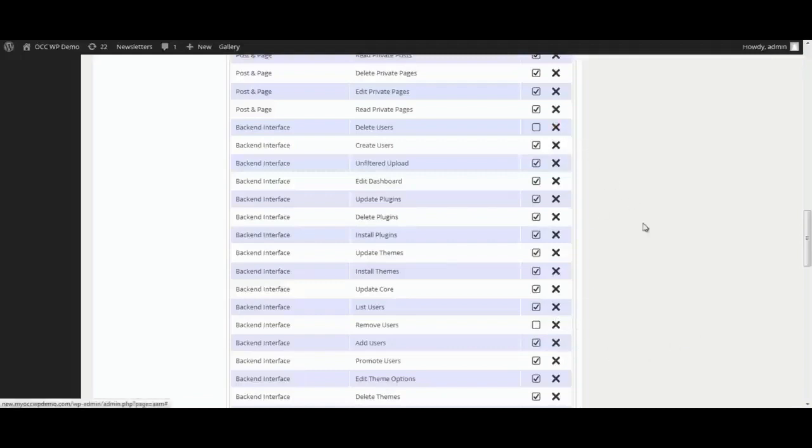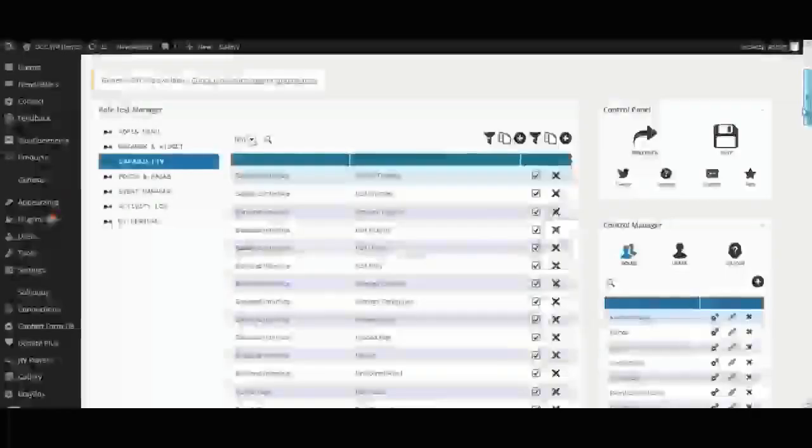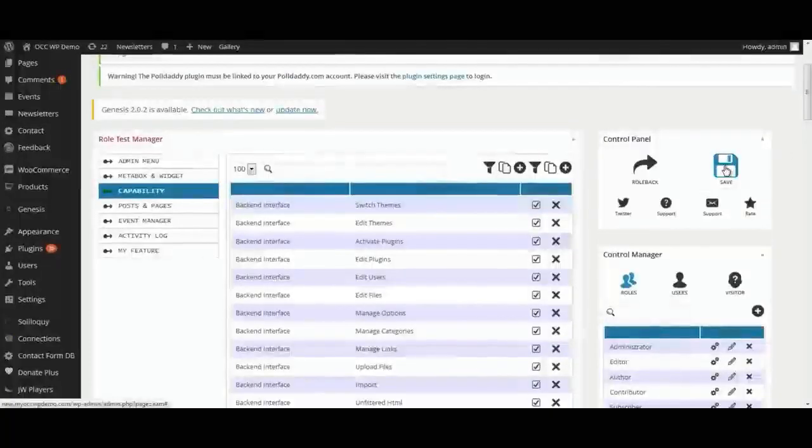By unchecking those boxes, that will keep that particular user from the possibility of removing users, including yourself or others in the future. This may not be an intentional thing that they would do, but we just want to prevent it from happening. And once you do that, go ahead and click on Save,